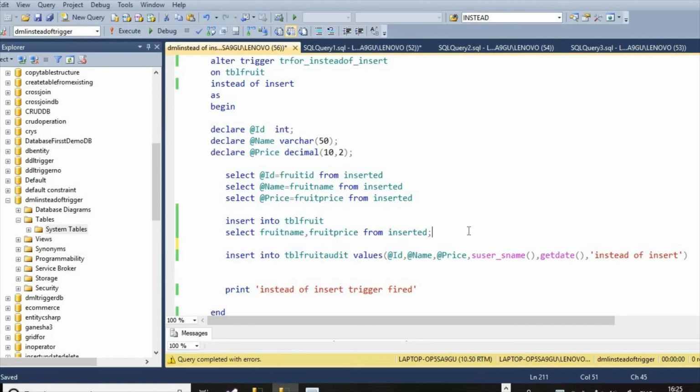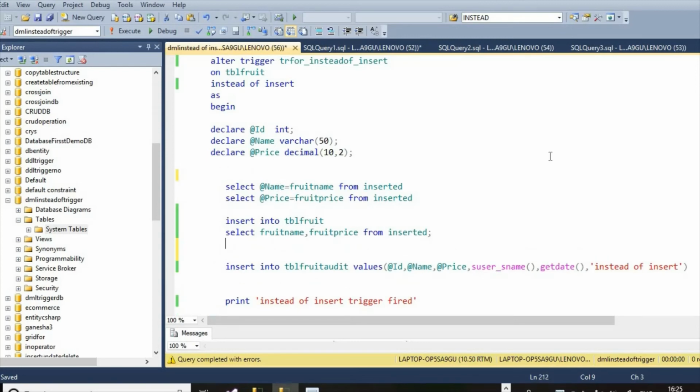So here we take select id from tbl fruit, because tbl fruit will take the id automatically, and that id will be inserted into the tbl fruit audit table.